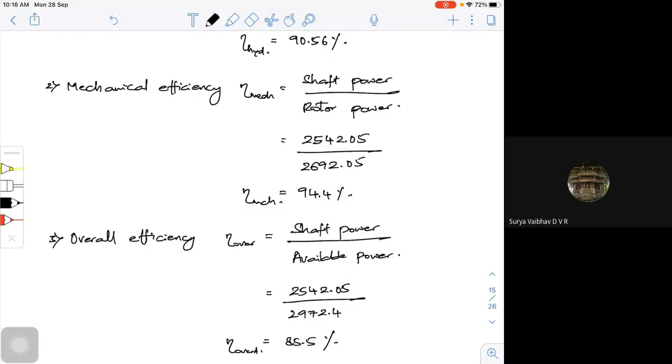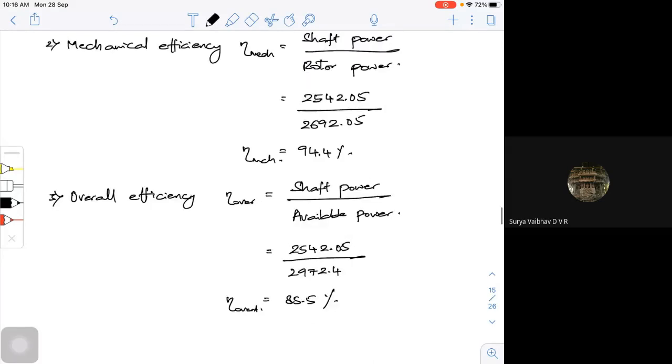See, the same problem I can tell, say for example, your fluid loss is this much, and I may ask you to find the volumetric efficiency also. Say your 3 meter cube per second is the water, the fluid that is flowing in, and the fluid loss will be around 0.1 meter cube per second. What will be your volumetric efficiency? 3 minus 0.1 divided by 3. So 2.9 divided by 3 will give your volumetric efficiency. So I can give different parameters and ask you to calculate. These parameters speak of all the terms associated with calculating your efficiency.